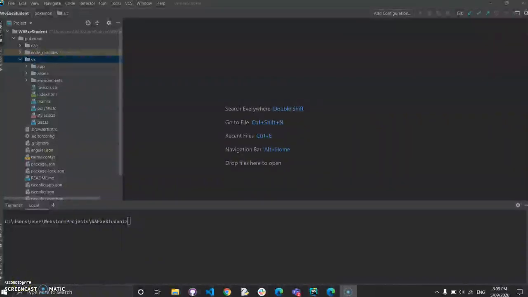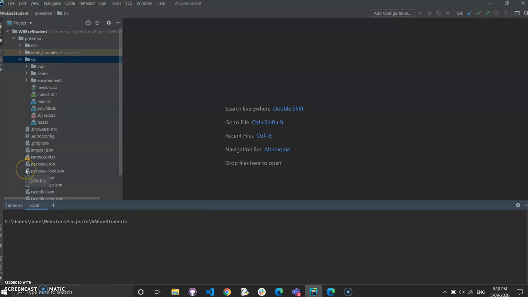Now that we have created a template project, let's look at what the template looks like. It has the following folders: e2e, node modules, and src. SRC stands for source, and node modules has all the libraries that are required for your application. Under src, we have the app, assets, and environments folders. The app folder has our actual code, whereas assets has images, videos and any asset that you use in your application. The environments folder consists of code for different environments.